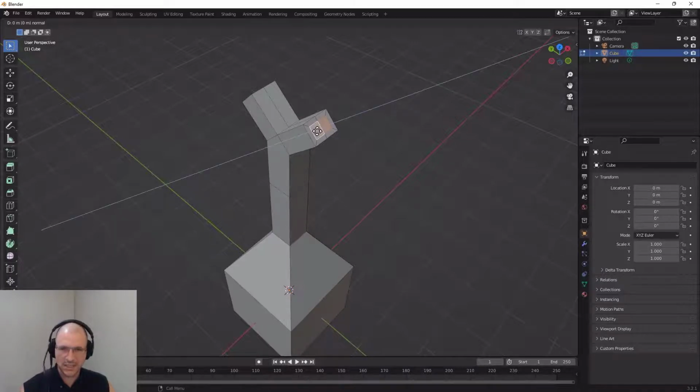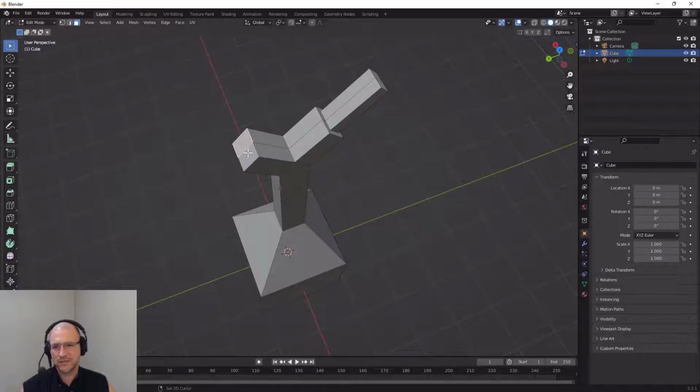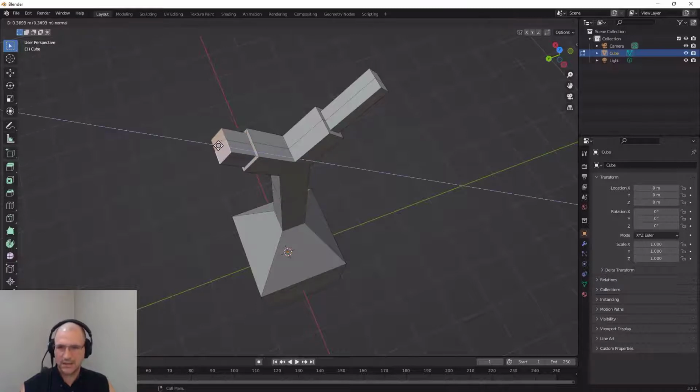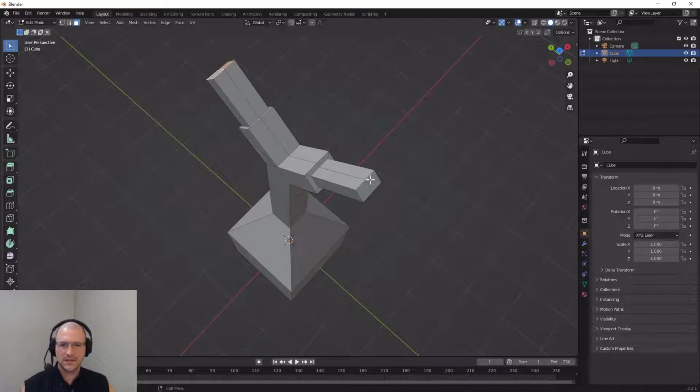So I'm just going to press E. In this case, I want that to go out. And I'll do the same thing over here, and E there. Okay, now that I've got that out there, let's select an object here and an object here